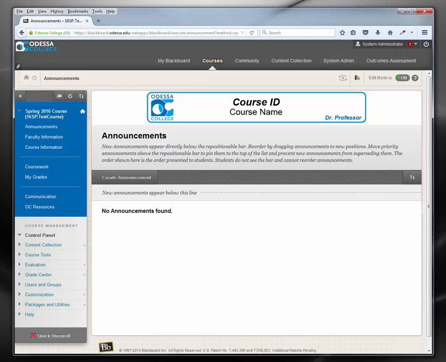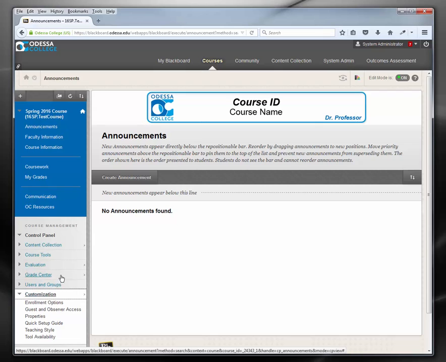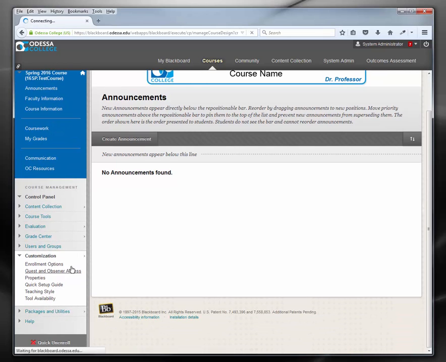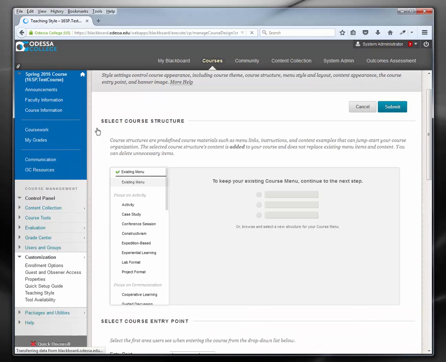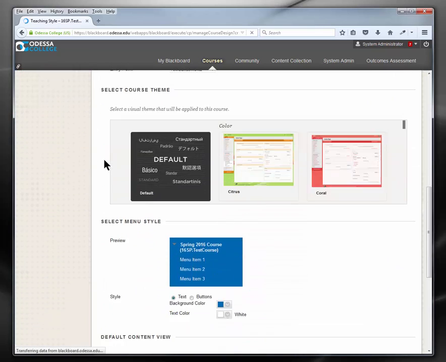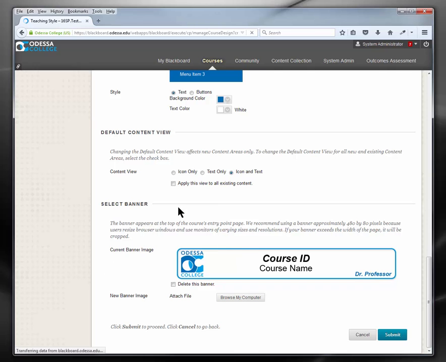So we're going to go into Blackboard. Let me pull that back up. And to get the banner switched out in your course, all you have to do is go to Control Panel, click on Customization, and then click on Teaching Style. The banner for your course is at the very bottom of your screen, so scroll all the way down. And under where you have Select Banner, you're going to just click on Browse My Computer,